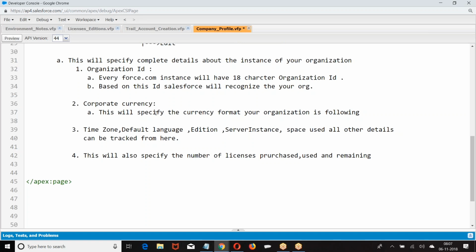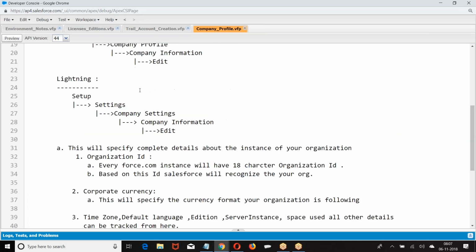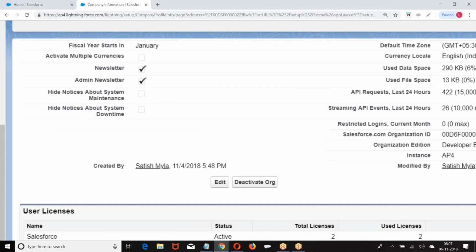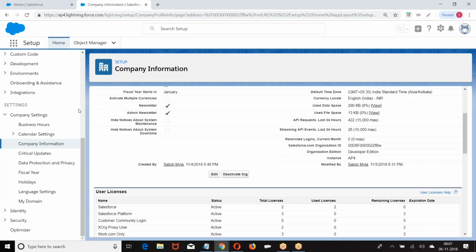Don't write notes, boss. I'm typing for you only. You log in and access this. Right? I hope you are good with this. Let us go to the second point of this. What is the second point? We are set with this organization data. I hope you are good with this, right? The next one, what we have is